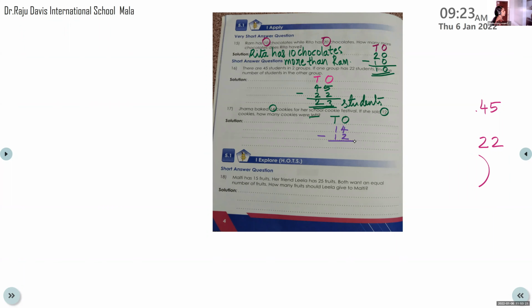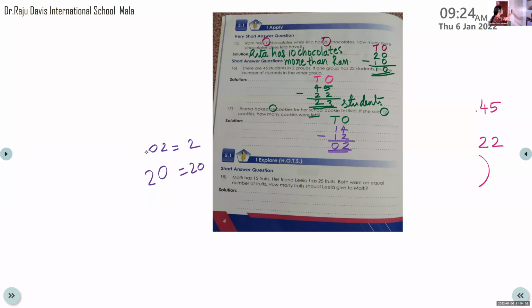Now let's put a minus symbol. See, 4 minus 2. Are you listening here? What is 4 minus 2? What is the answer? 2. Very good. Now, tens place, 1 minus 1. What is the answer? 0. So you got the answer 02. That means the value is 2 itself. If you put a 0 at the left side of the number, it has no value. But if 2 and the right side is 0, it is 20.